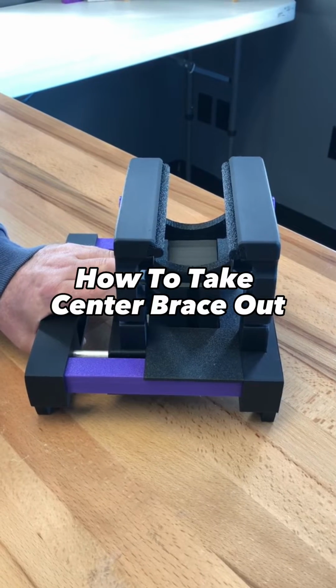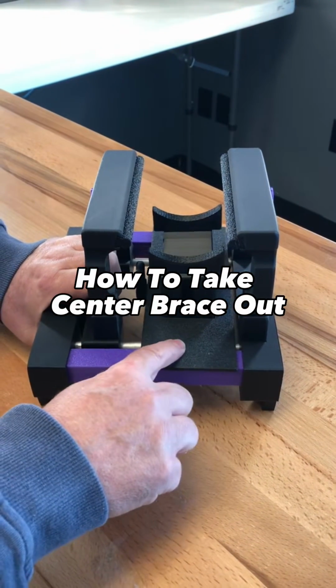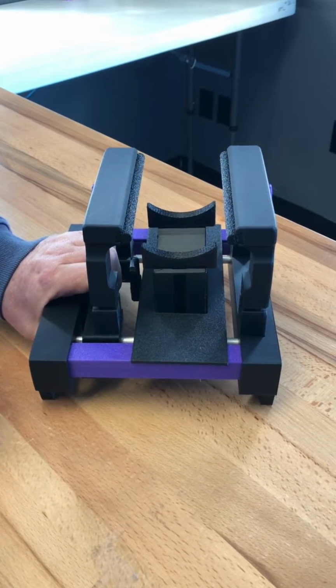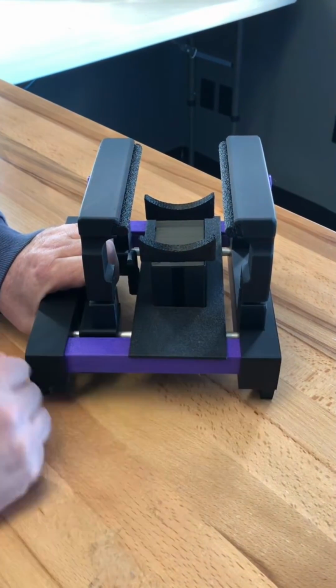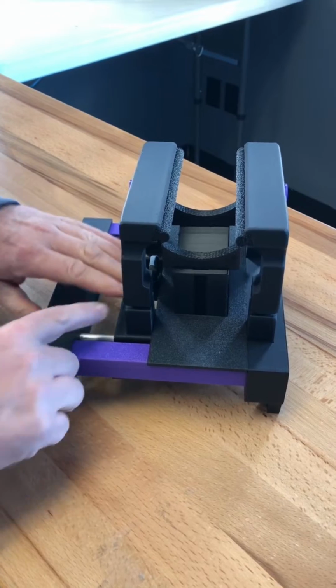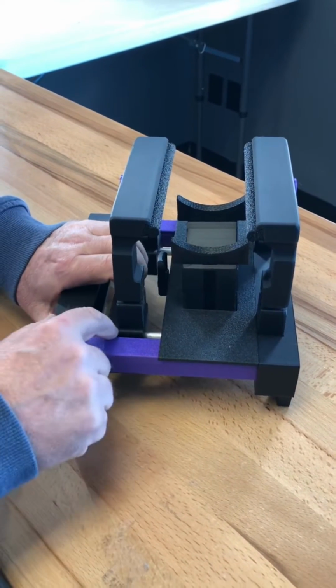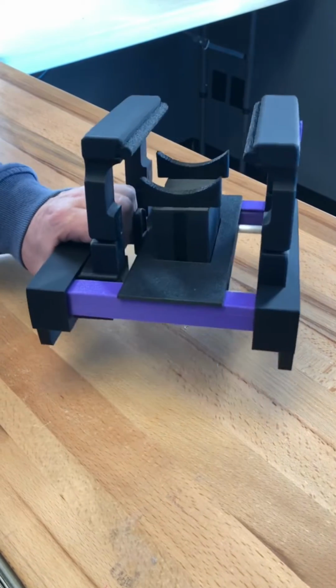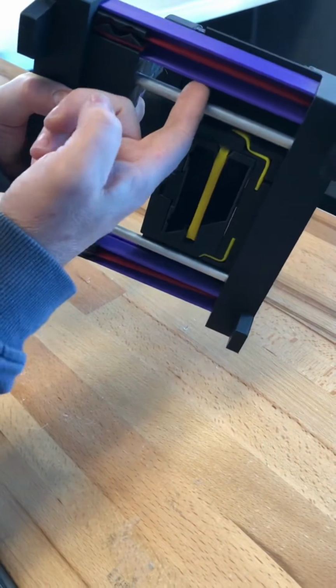Hi, I just wanted to explain how to take the center brace or center section of the adjustable Pinch Perfect apart. So if you want to store it and you want to take the arms off and then also relieve the tension on the bands on the bottom, what you'll want to do is go ahead and grab the handle of the sled that has one arm on it, move your center brace to the center,